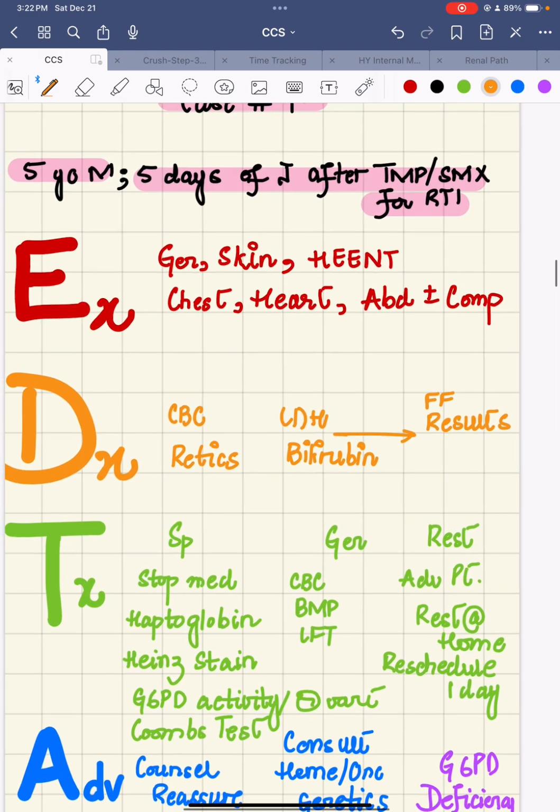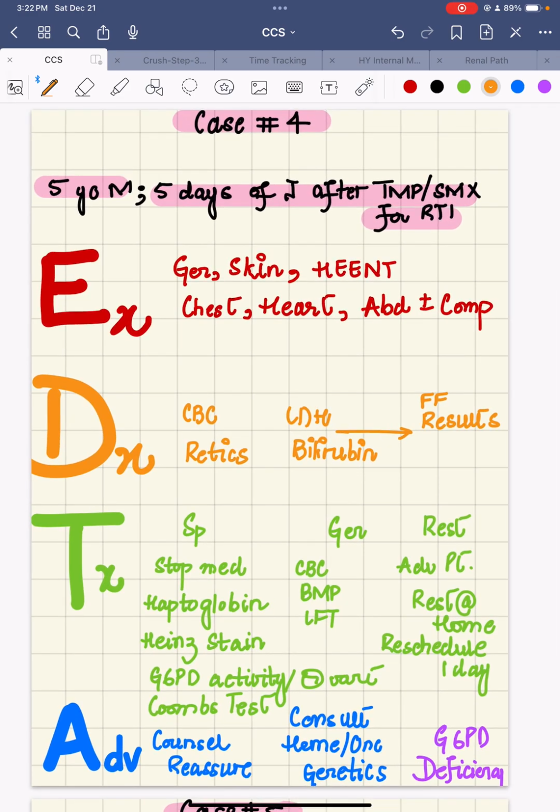Case number 4. A 5-year-old male who has 5 days of jaundice after use of trimethoprim sulfamethoxazole for respiratory tract infection. So this specifically tells us that the jaundice developed after the use of this drug. So in the examination, look for general yellowish discoloration of the skin, and then head, eye, ear, nose and throat. Similarly, look for yellowing of the sclera,